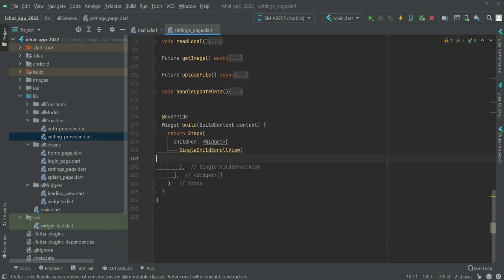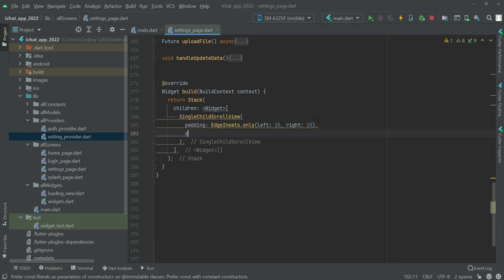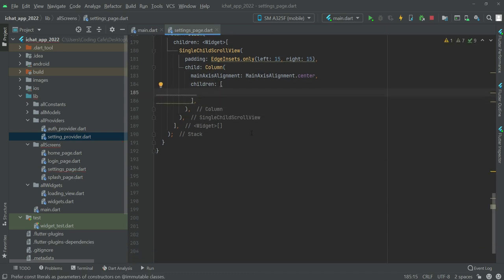and inside this single child scroll view we will add a padding which will be from the left 15, from the right as well 15. Then add a child column. In here the main axis element will be dot center. Then add a children again and